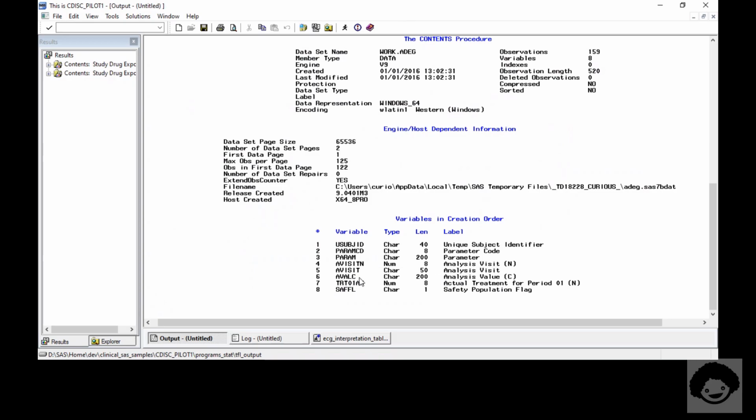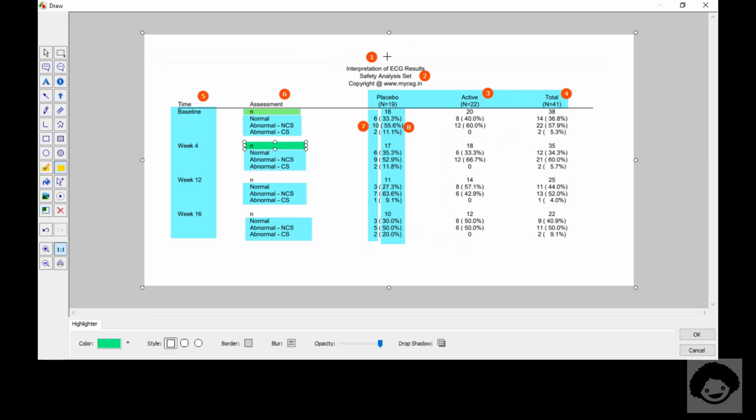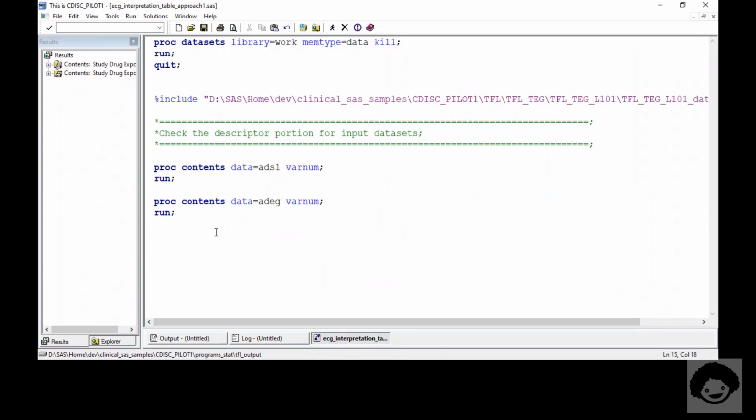Then we have our treatment variable and also our safety flag. Let's try to annotate our table. Let's also take a look at the unique values present in our